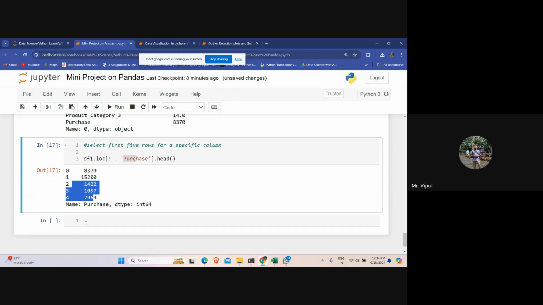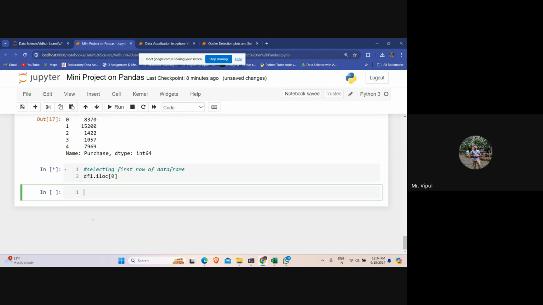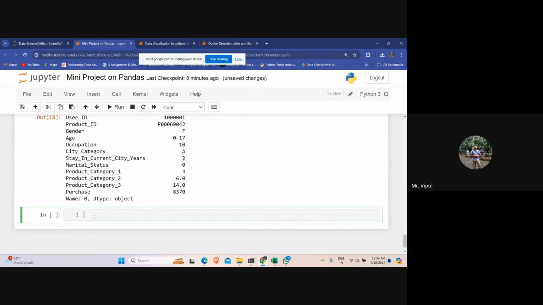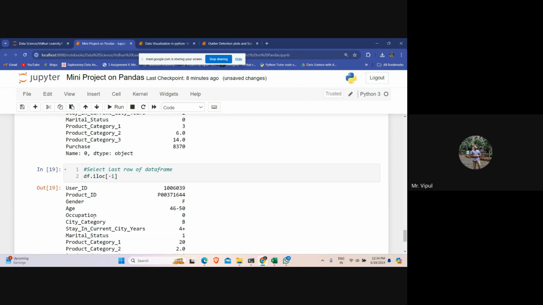Now selecting first row of a data frame by using iloc. df1 dot iloc of 0. Select last row of data frame. How we can do is, last row कैसे करोगे आप? By using negative indexing, obviously, right? Then